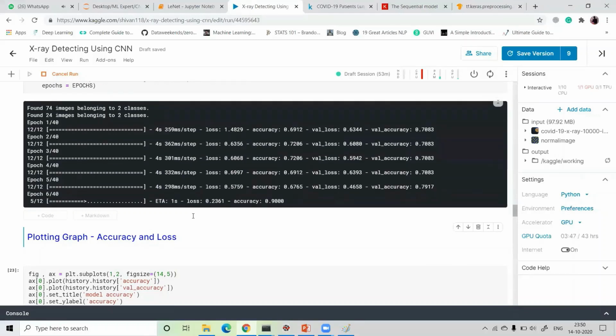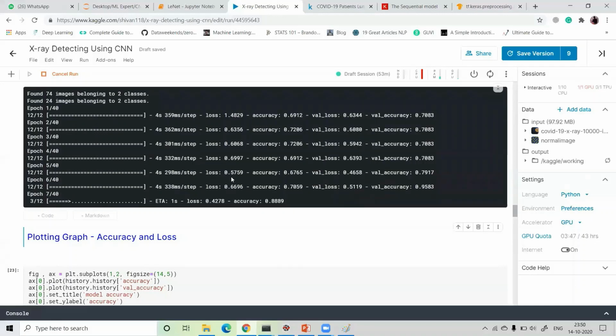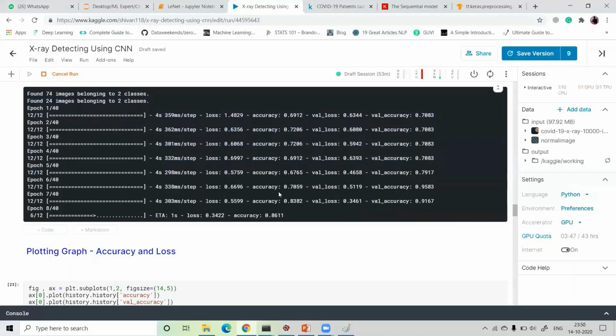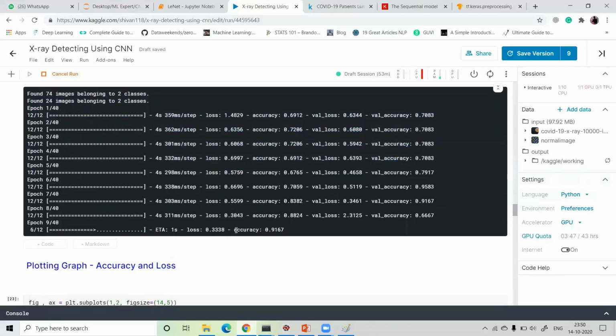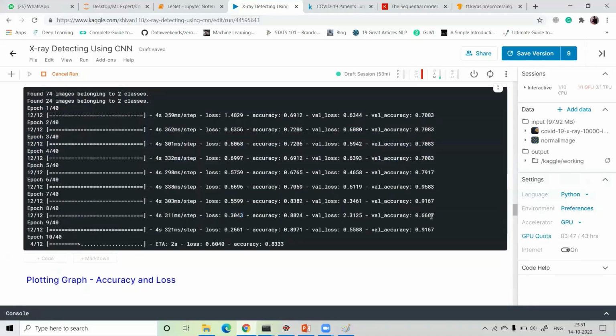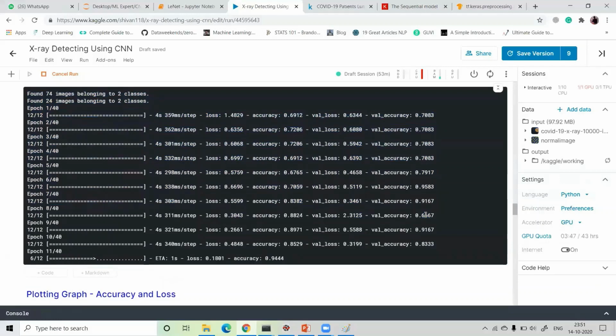Okay. So our loss is 0.57 and the accuracy is 79. In the 8th epoch, our loss is approx 0.30, and the validation accuracy is 0.66. Let's see for the next epoch.